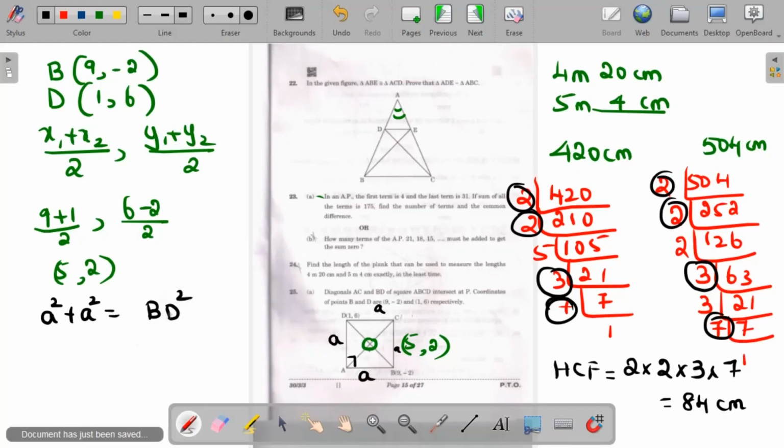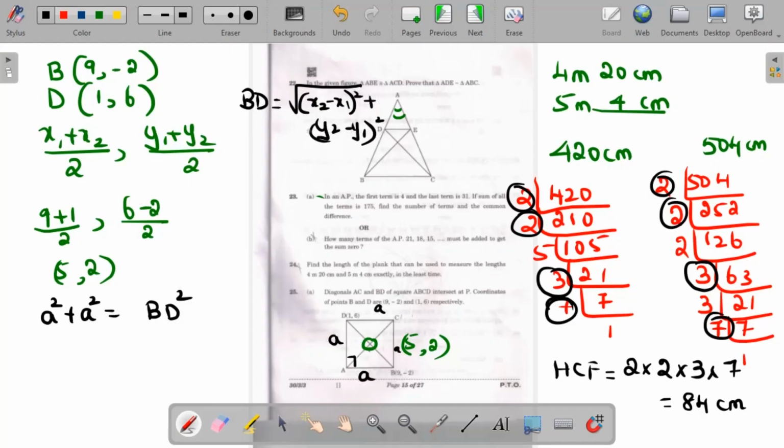So let's compute what BD square is. BD is going to be equal to root of (x2 minus x1) the whole square plus (y2 minus y1) the whole square, all within the root. So now BD is going to be equal to root of (9 minus 1) the whole square, which is 8 square, plus (minus 2 minus 6) the whole square, which is minus 8 the whole square, which is again 8 square. So BD is equal to root of 64 plus 64, which is root 128,